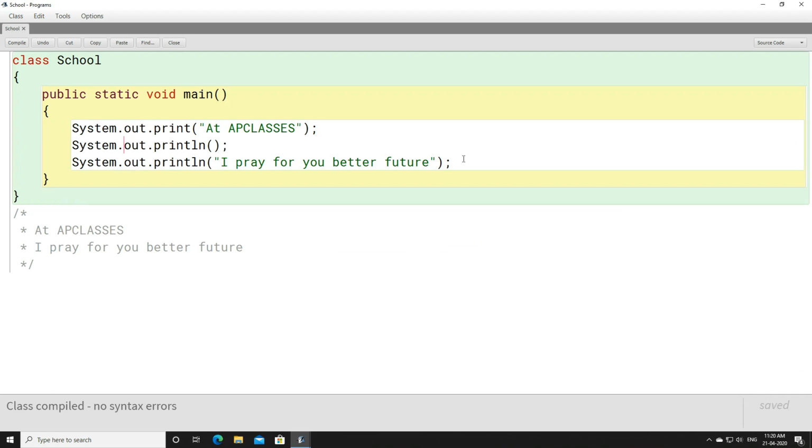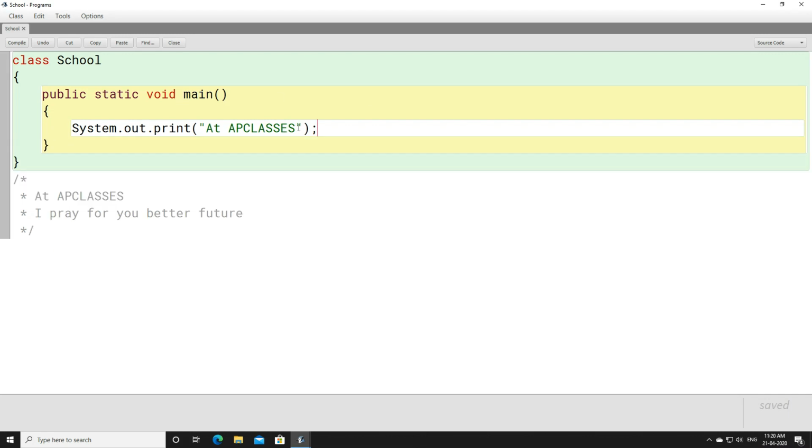Now let's move to the next part, that is we'll discuss concatenation. What is the meaning of concatenation? The meaning of concatenation is to join two different things. When we join two different things, that is called concatenation. Now let me show you something. Here we have written,